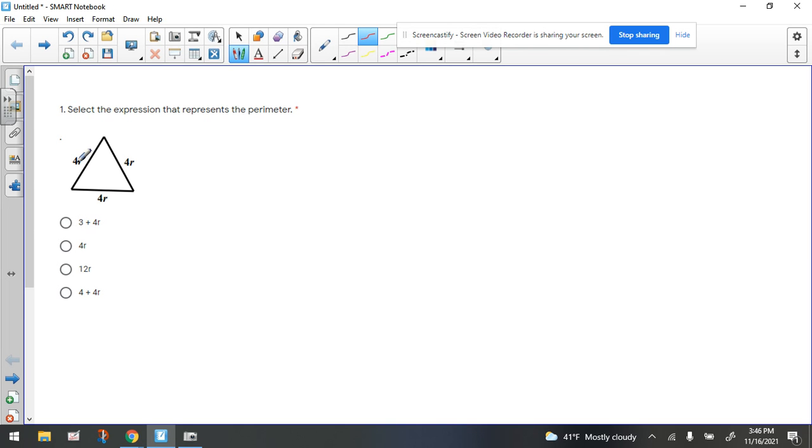Everybody, Mrs. Bianchi here. We're looking at question 1. Select the expression that represents the perimeter. Now remember, perimeter is the distance around the figure, and they're giving us algebraic expressions to represent the length of